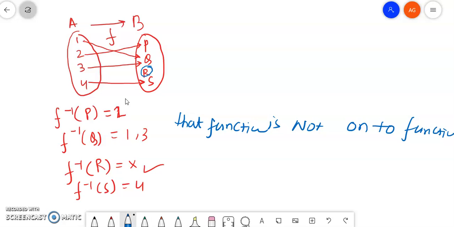मतलब इस टाइप का फंक्शन onto फंक्शन नहीं होगा जिसका प्री इमेज A में ना हो. दैट मीन्स हमारे डोमेन में ना हो. दैट मीन्स इसके सारे के सारे जो भी इमेज है उसका एक प्री इमेज A में होना चाहिए. सारे के सारे जो भी आउटपुट्स हैं उसका प्री इमेज A में होना चाहिए। अगर ऐसा नहीं है तो फंक्शन onto फंक्शन नहीं होगा। इट्स वेरी सिंपल। ठीक है, बस इसमें इतना ही है। थैंक यू सो मच।